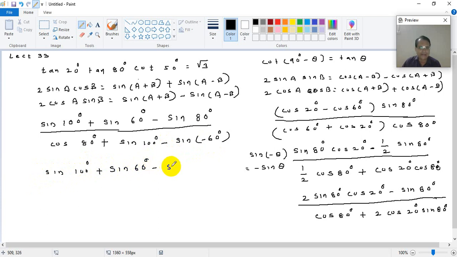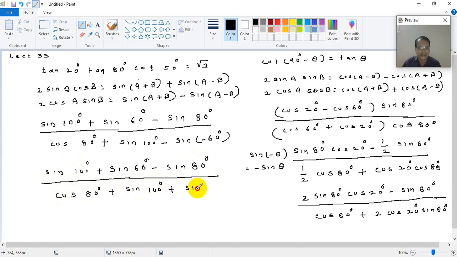minus sine of 80 degrees, then divided by cos of 80 degrees plus sine of 100 degrees, and minus minus becomes plus, so plus sine of 60 degrees. This is what you will get. Okay. Now I will erase this part which is not needed now, and we can use this place for